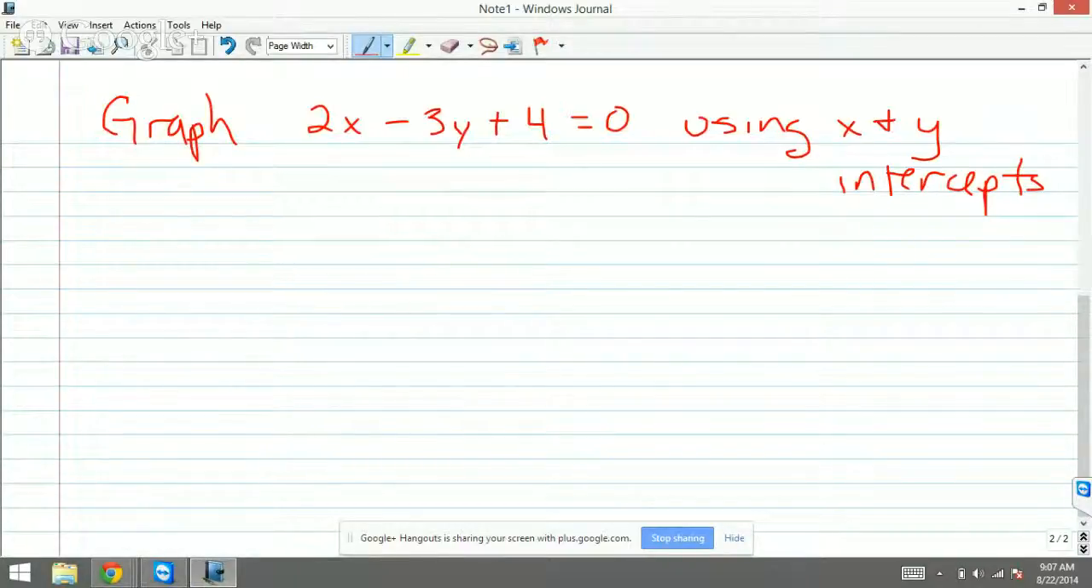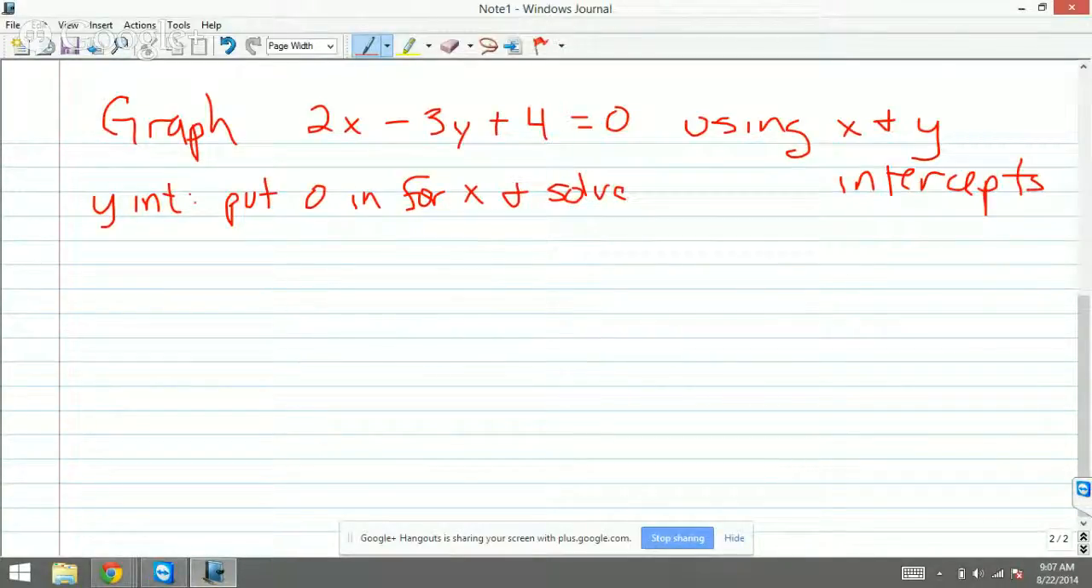Yep, that's one way to graph it. But I'm asking you to use the X and Y intercepts specifically. Does anybody know how to find the y-intercept here? Aha, put 0 in for x. Thank you, Kira. So this becomes nothing, right? The 2x becomes 0. So you get